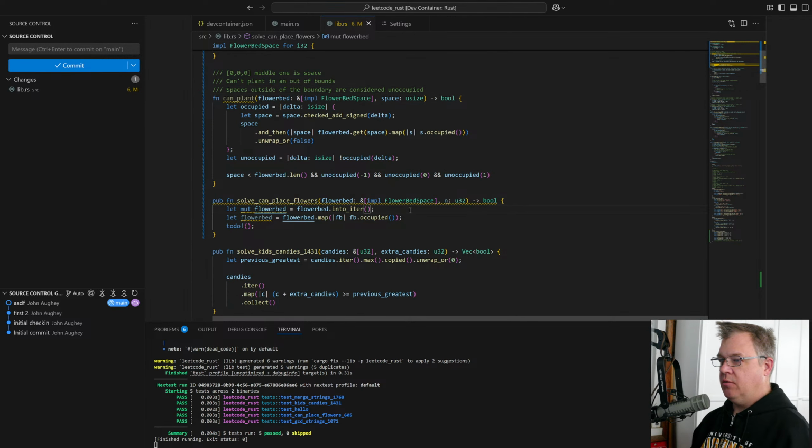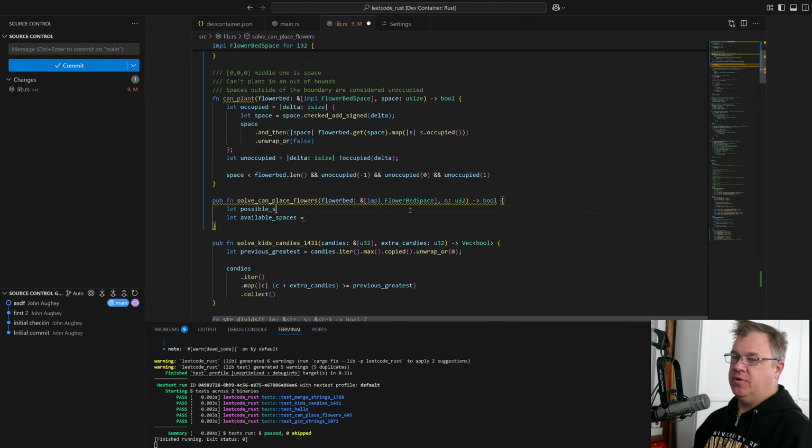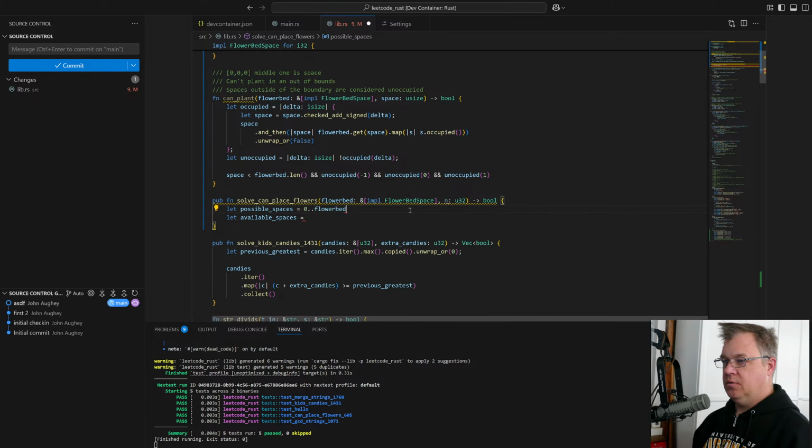So now all we have to do is available spaces is going to be our flower bed. We really need our indices of that. So let's do it this way. Possible spaces are going to be from 0 to flowerbed.length.